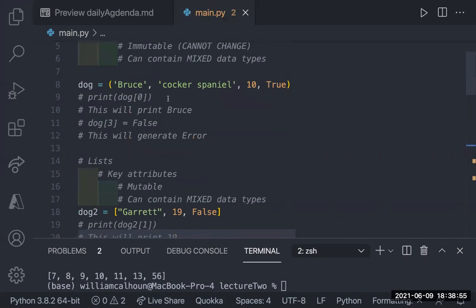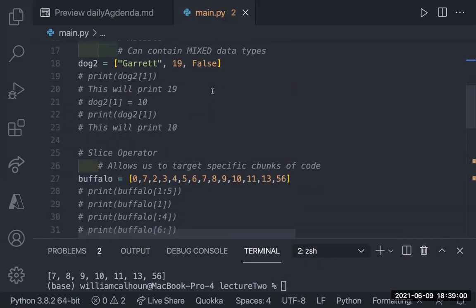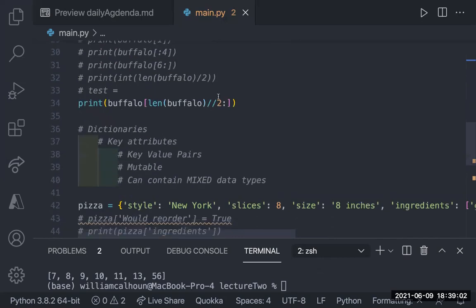Well, it's kind of hard if I want to target what a name is, if I don't know, maybe it's the first one of the list, X, Y, Z. So what we came up with, and you're going to use these a ton, is just a dictionary. That is a key value pair. This will be a crucial piece of Python when we get to Django and being able to see stuff and render stuff from the back end to the front end. You're going to use dictionaries like it's nobody's business. You'll use these all the time. So make sure that you pay attention and get to know them.